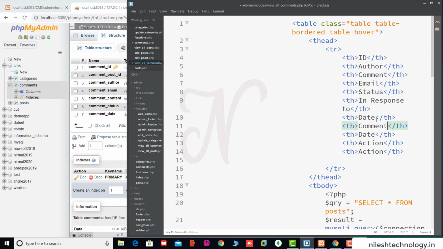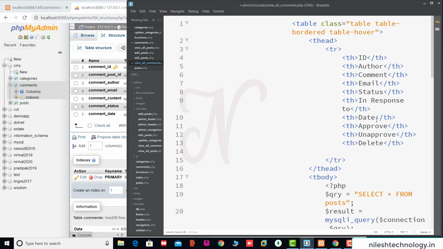Then here there are the status actions: approve, unapprove, and delete. This is the delete action. So approve and unapprove are the two status-related parts. By using these links we approve the status, unapprove the status, or delete